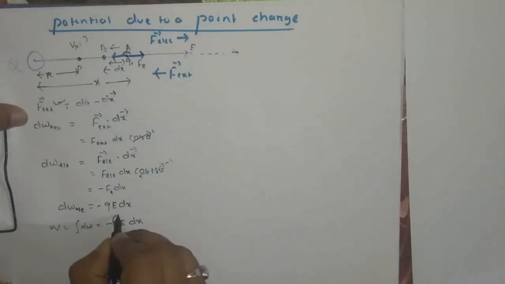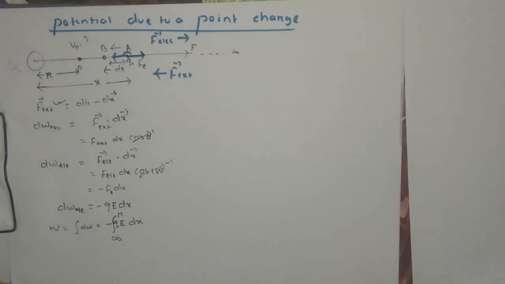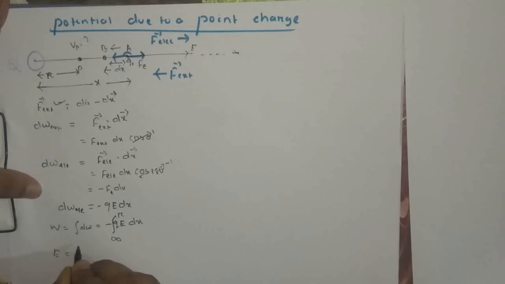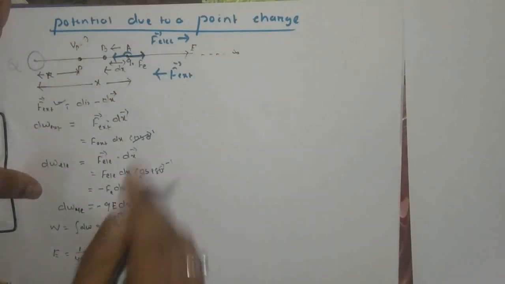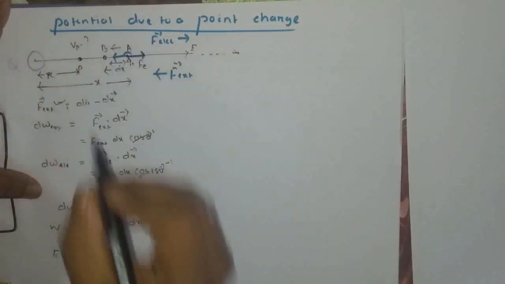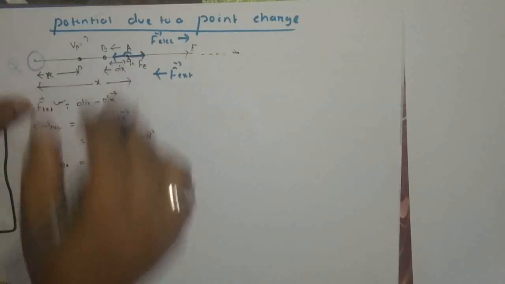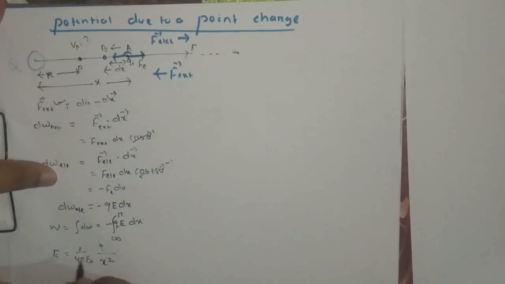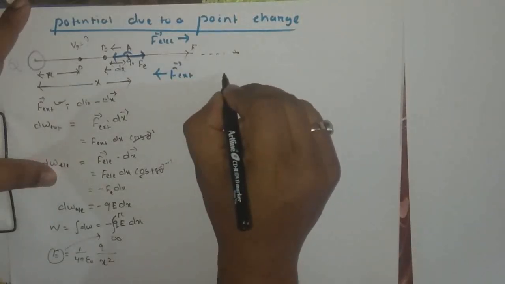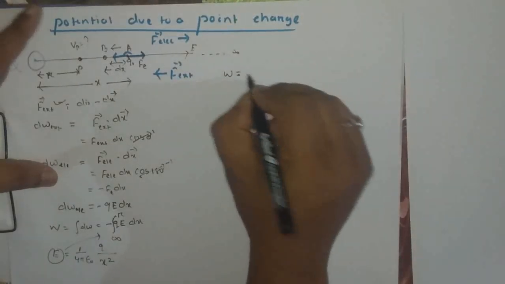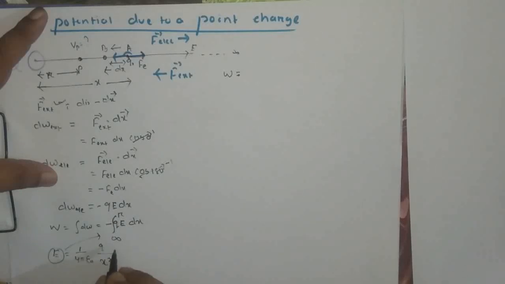So infinity to R. Now, what is the electric field formula? Let us write down: kq by r square, that means 1 by 4 pi epsilon naught q by x square at the point where I want to know the field. So let us put that value here. So what is the work done? This work done now becomes